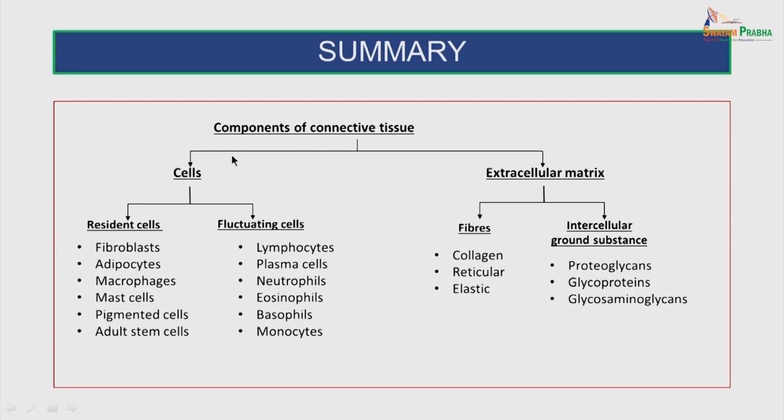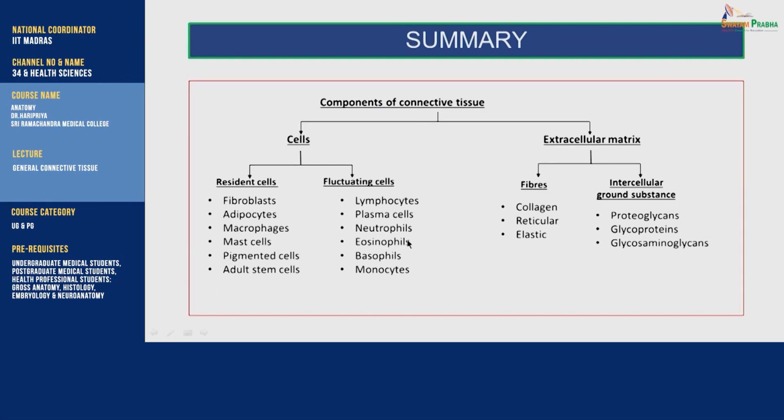So to summarize, the components of the connective tissue include cells and the extracellular matrix. So we've seen all the cells of the connective tissue. They are divided into two populations, the resident cell population and the fluctuating cell population. The resident cell population includes the fibroblasts, the adipocytes, the macrophages, the mast cells, the pigmented cells and the adult stem cells. The fluctuating cell population includes lymphocytes, plasma cells, neutrophils, eosinophils, basophils and monocytes. Now we are going to look